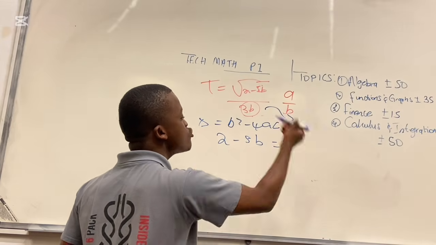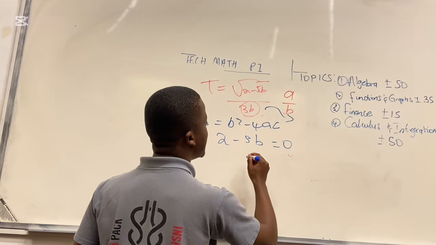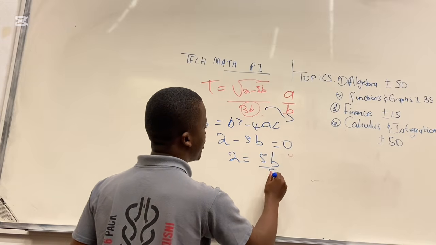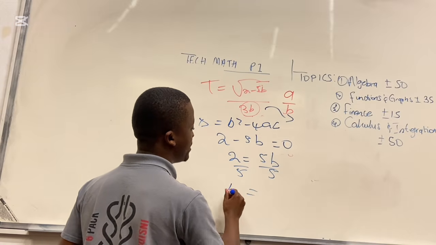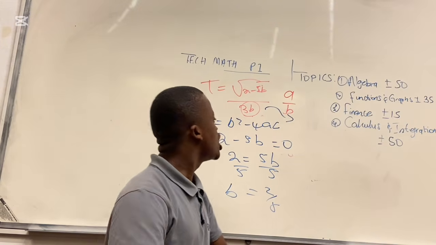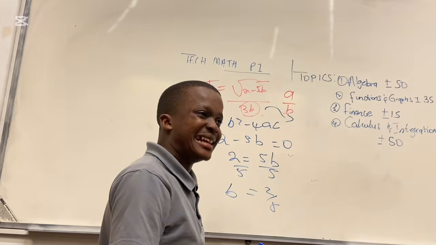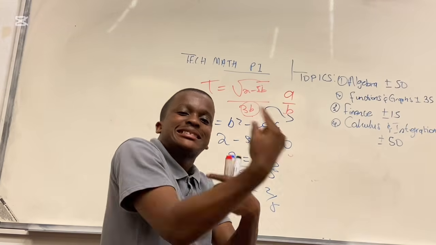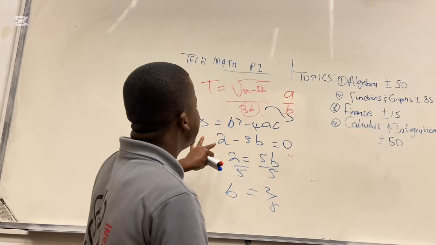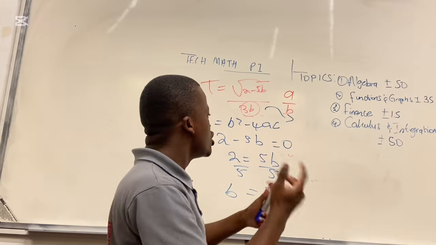What do we get? We want to make b the subject of the formula. We can divide by 5. On that side we have 5b, we have 5, we have 5. What do we get? b is 2 over 5, for which t is equal to 0. So, people of God, we are talking about the discriminant. The discriminant will discriminate the nature of roots. Is it real? A perfect square? We know perfect squares.